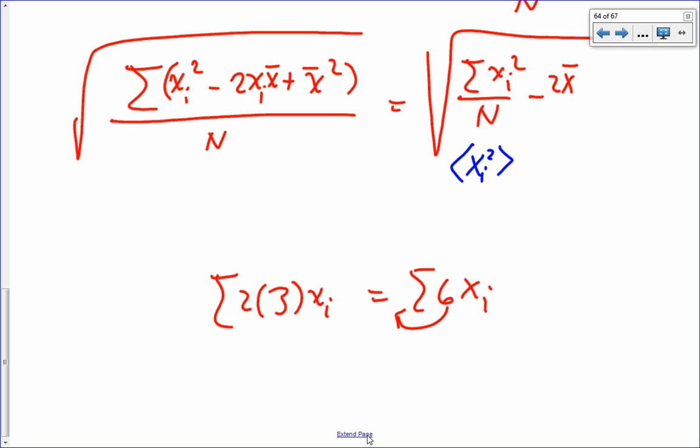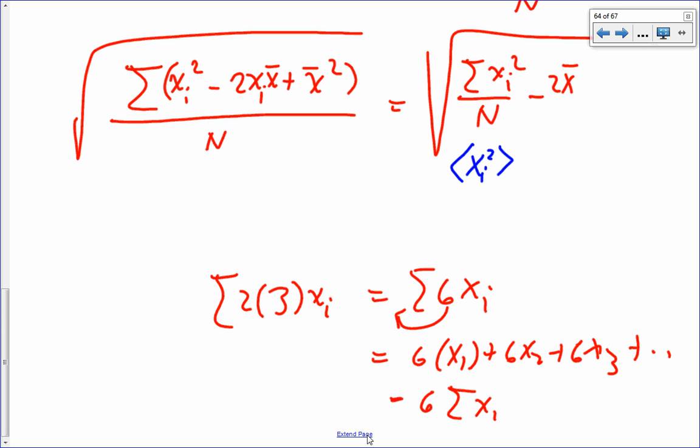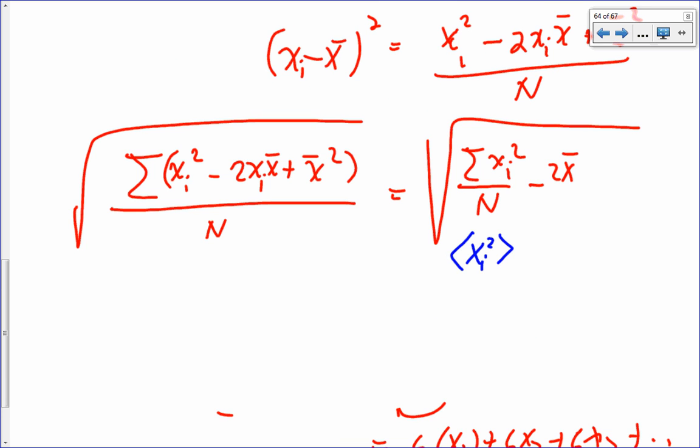And I can pull the constant out of my summation, because this is just going to be 6 times x1 plus 6 times x2 plus 6 times x3. So I can pull that 6 out. So that's just 6 times the summation of x of i. Right? So over here, what we need to do is factor out 2 x bar, and then you'll have the summation